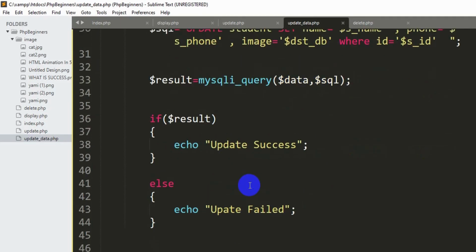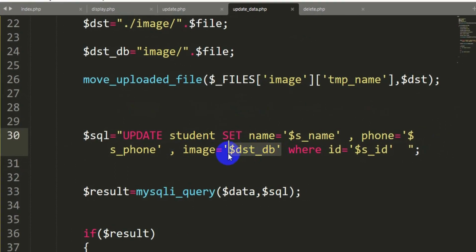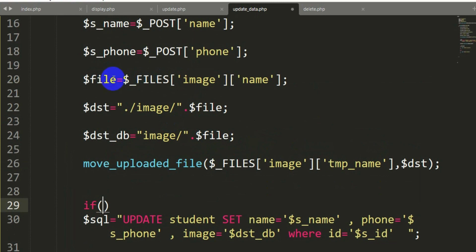For it, all we have to do is, here you can see that we write our update SQL over here, and we write image is equal to $DST_DB. So we'll only execute this query if there is any image. So how can we do it? For it we require an if condition, and here you can see $file.